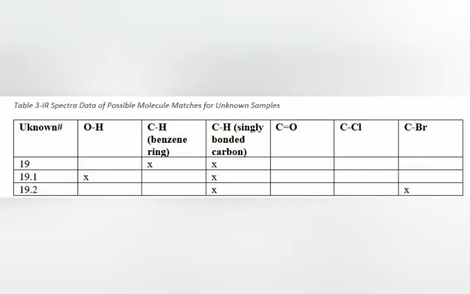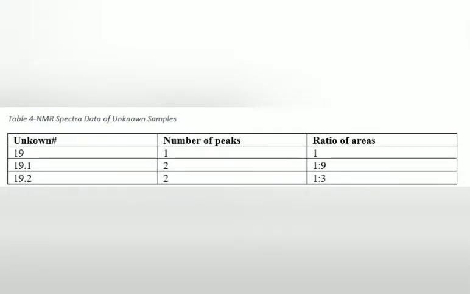To compare, looking at table 1 that has our possible molecule candidates, only 3 have a carbon to hydrogen benzene ring, and only one of those 3 has one peak. Looking at table 2, this molecule is benzene. Following the same trend to decipher our other 2 substances, we can take a look at unknown